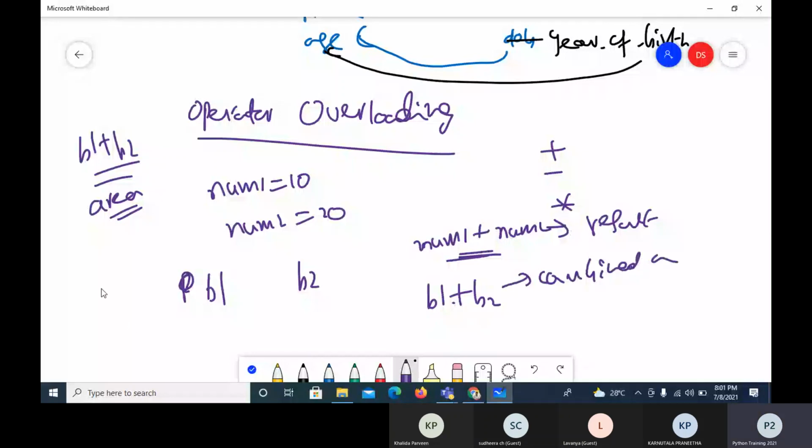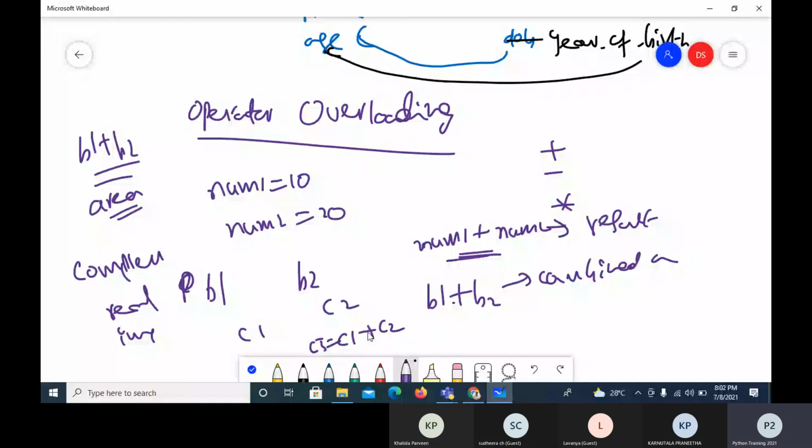Similarly, when I take, suppose, a complex number, it is already there in Python, but if you want to create it, we can take a class. So there is a real property and an imaginary property. So I have complex number 1 and complex number 2. Normally I cannot say C3 equals C1 plus C2. It is not possible. You cannot do it because it is an object, not an ordinary variable.